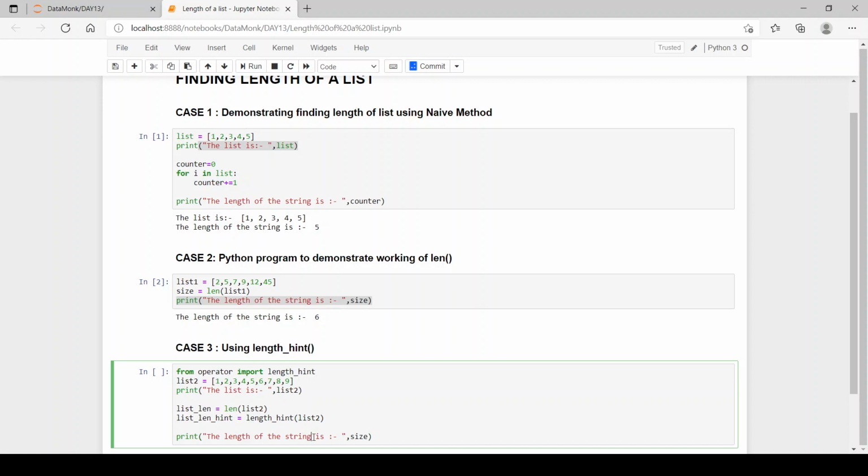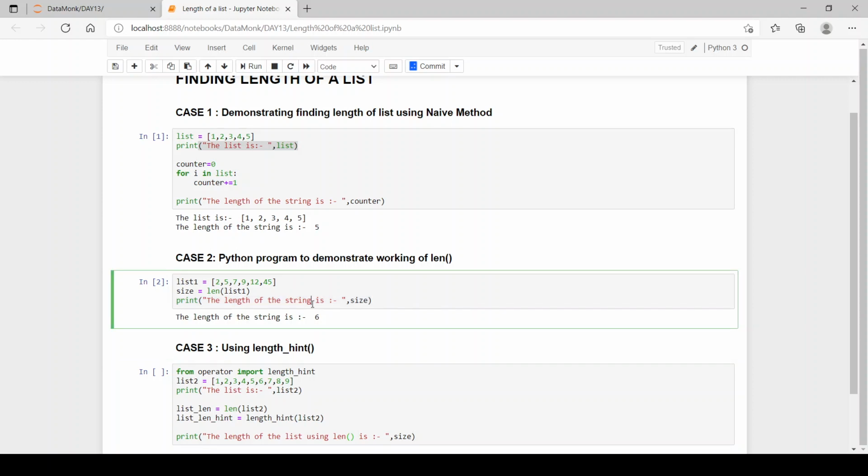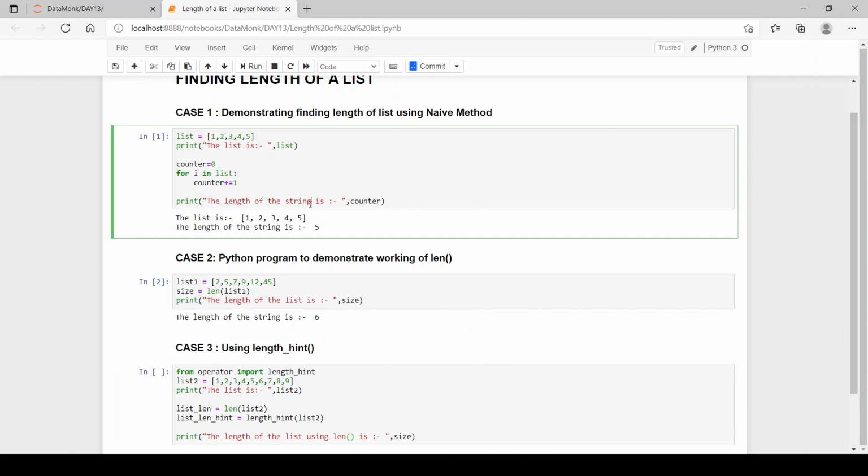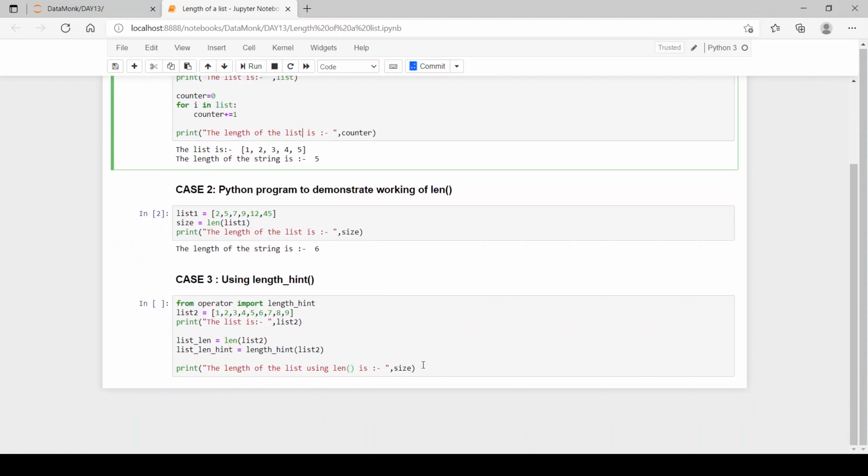The length of the list using len function. It's list not string, my mistake.